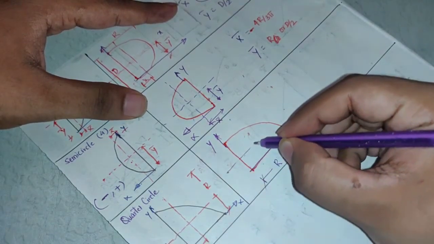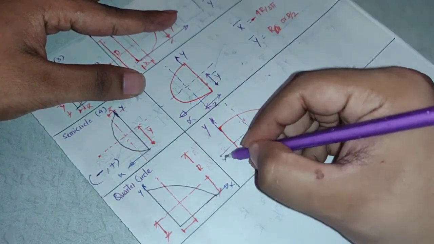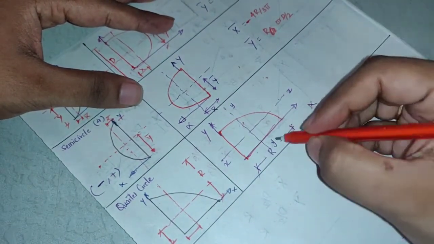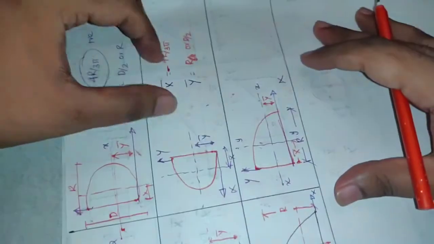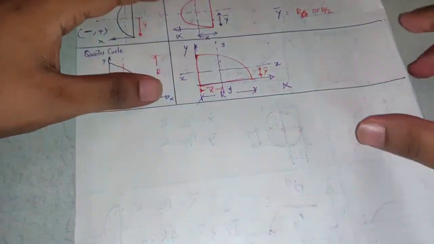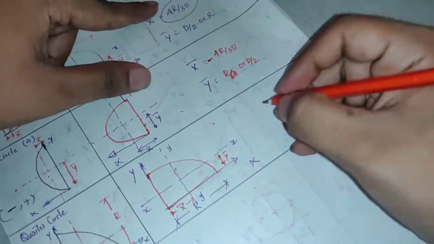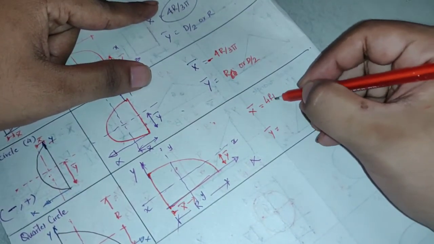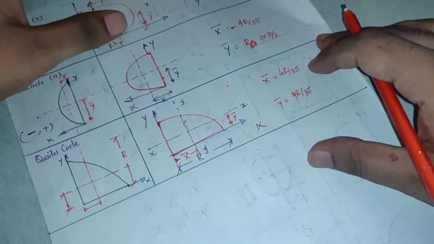So it is neither symmetrical about the x axis nor about the y axis. Right? So for the value of x bar and the value of y bar, if you see it like this or if you see it like this, it looks the same. So whatever the value of x bar is will be the value of y bar. See here, it looks the same if I orient it any way. So we have derived the relation for this. What is the value of x bar? It is 4r by 3 pi. Both are 4r by 3 pi.